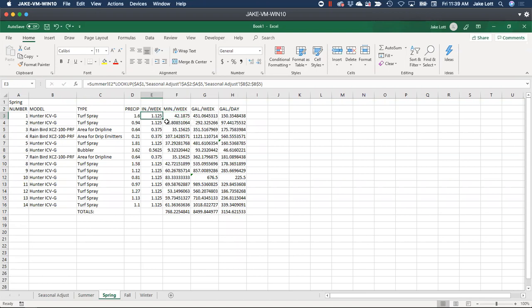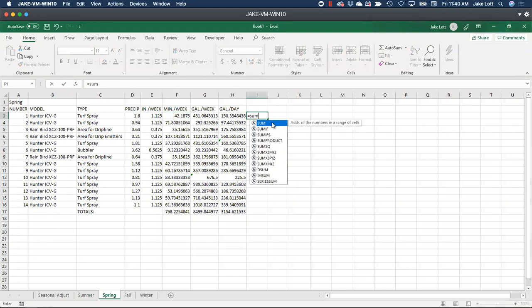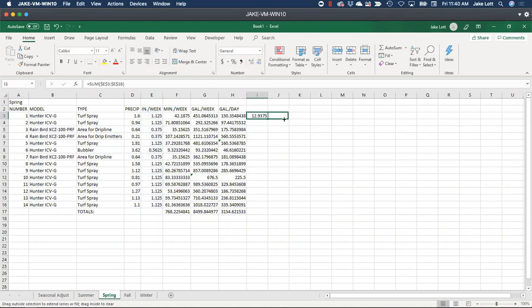Is there a hotkey to do that? So if you're doing that lookup formula, when you click on it, is there a hotkey to automatically put in the dollar sign? F4. That's F4 will do that. So if I basically said equals a sum of this column here, right at this point, I can press F4 and it will lock that range. Oh, look at that. So if I copy it across, it's still going to be looking at here.